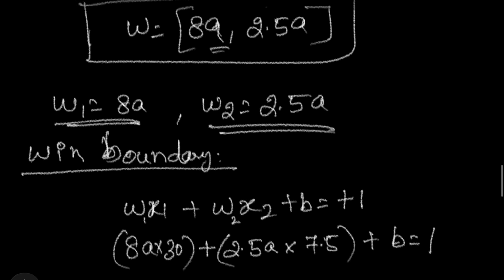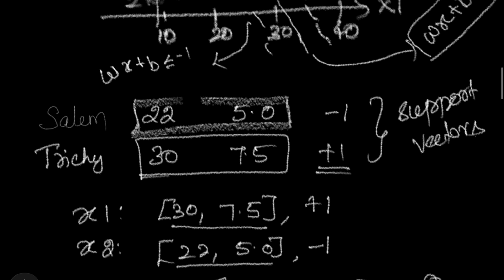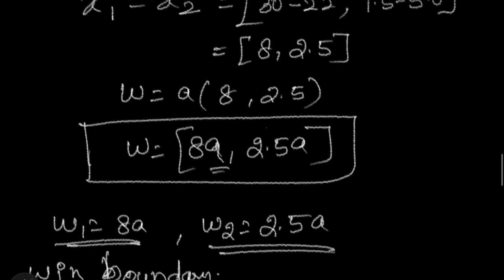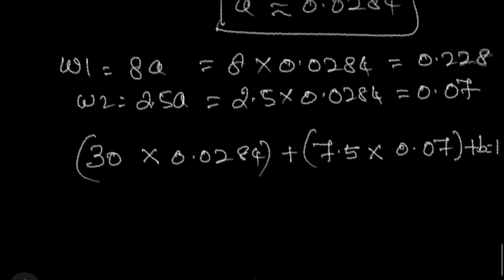What is the support vector of the positive value? It is 30 and 7.5. So I have taken 30 and 7.5 and I have used it here. So this is x value, this is w value, x1 w1, x2 w2, this is b, this is for the positive margin. So here I have taken only the positive margin because if I'm going to find the boundary line,